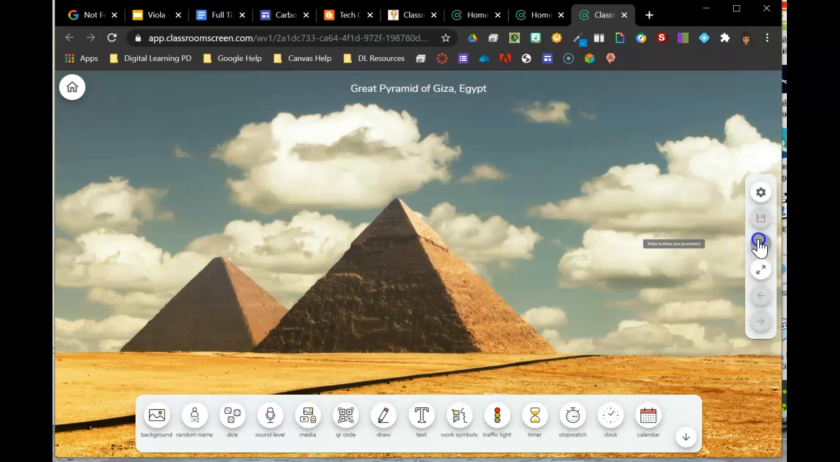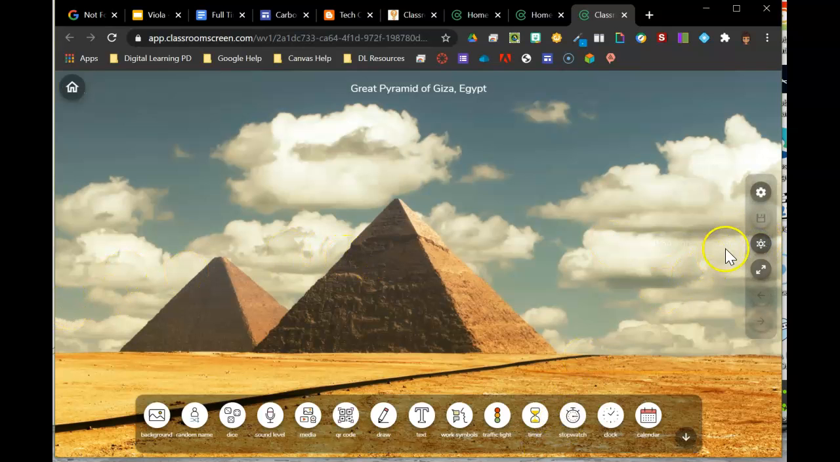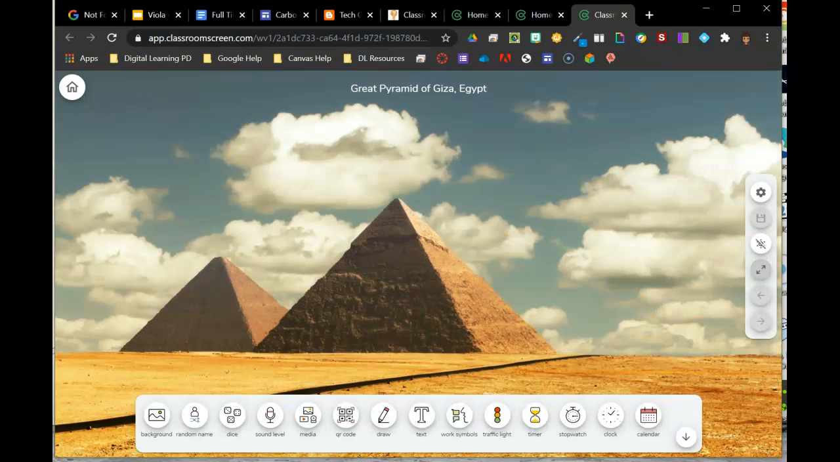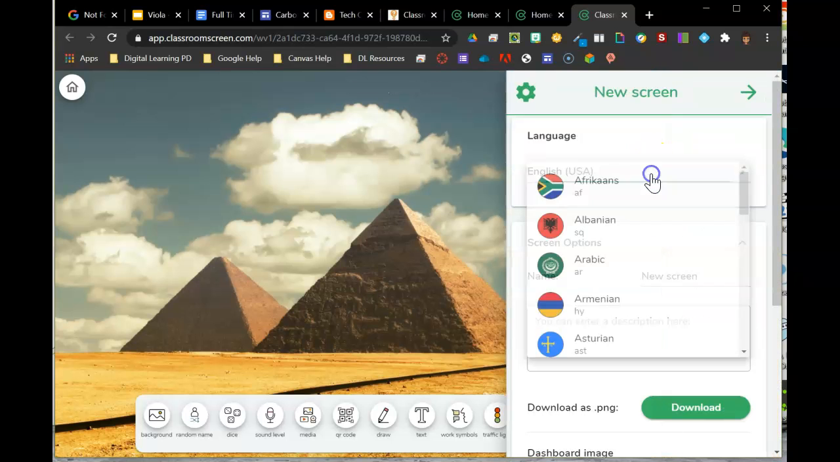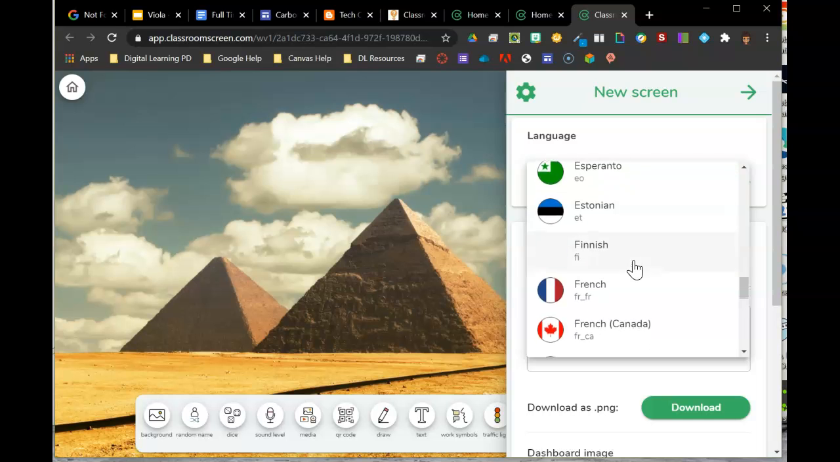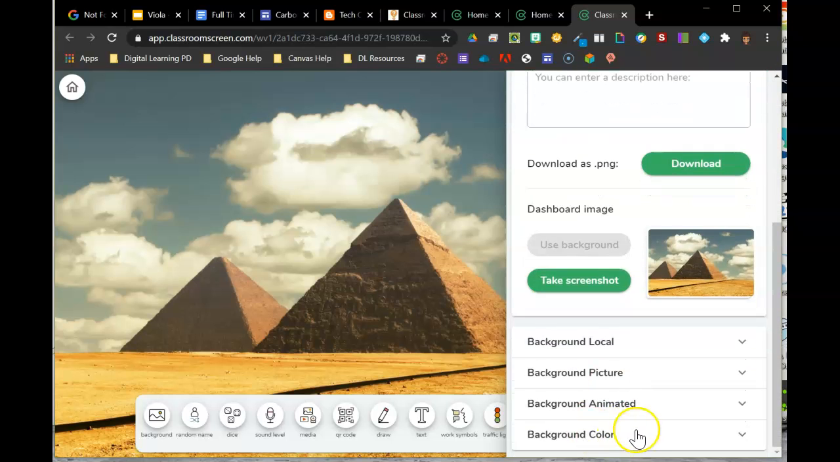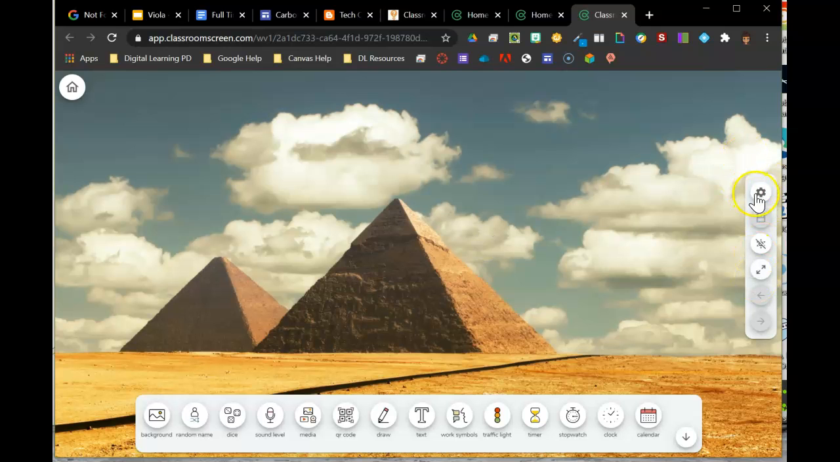And then you can make the buttons pop out, or you can make them stay. You can make your screen full screen, or you can come back to the normal, just on your browser screen. The settings you can change to any different language. You have tons and tons of languages in here. So if you are a language teacher, you can change the language, and again, you can change the background from the settings on the side. You also, like I said, can change the background here,